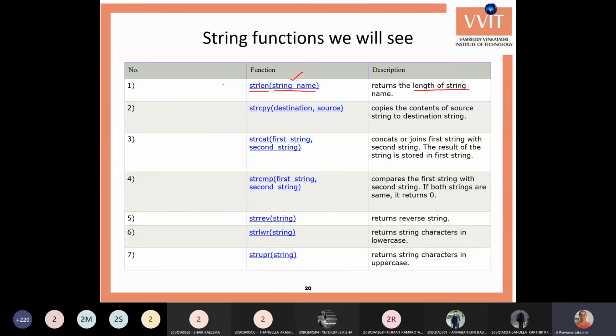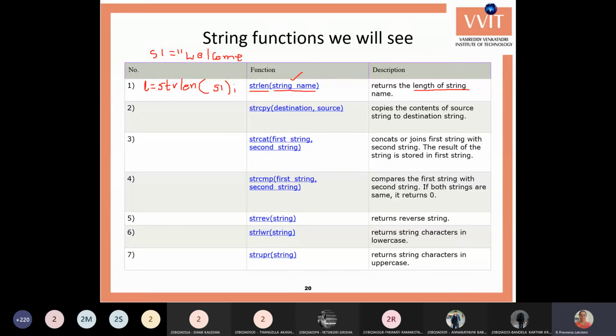It is used like this: L equals strlen of, say, your variable s1. Assume that s1 is a string which has a word like welcome.